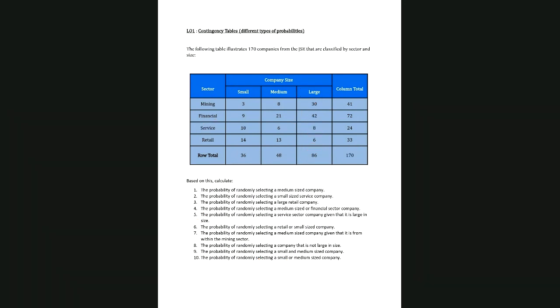Okay, so let's go ahead to number 6. It says the probability of randomly selecting a retail or small-sized company. The moment we see the word or, you're going to ask yourself whether it's mutually exclusive or non-mutually exclusive. In this case, we can have a retail, small-sized company, so it's non-mutually exclusive, which means these two events can occur at the same time. Your non-mutually exclusive rule, just to reiterate, is that the probability of A or B occurring